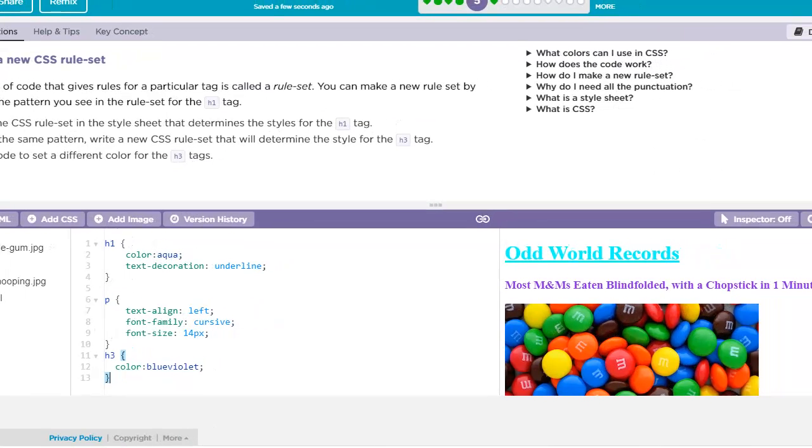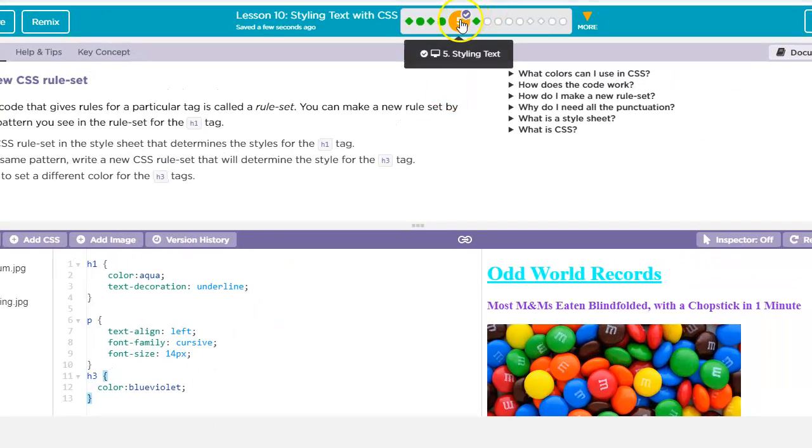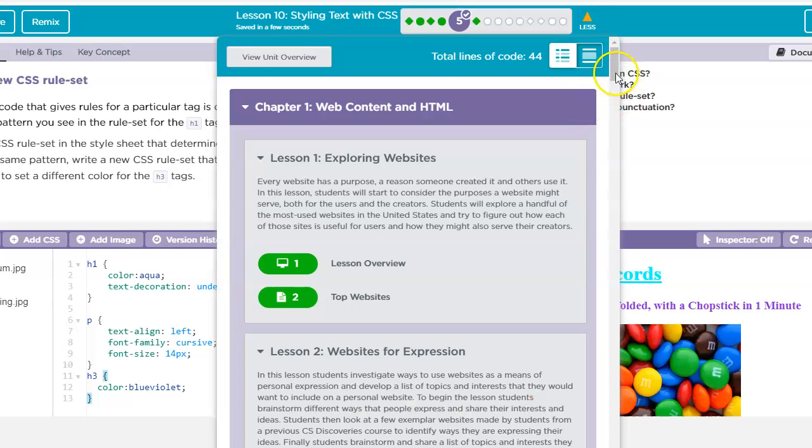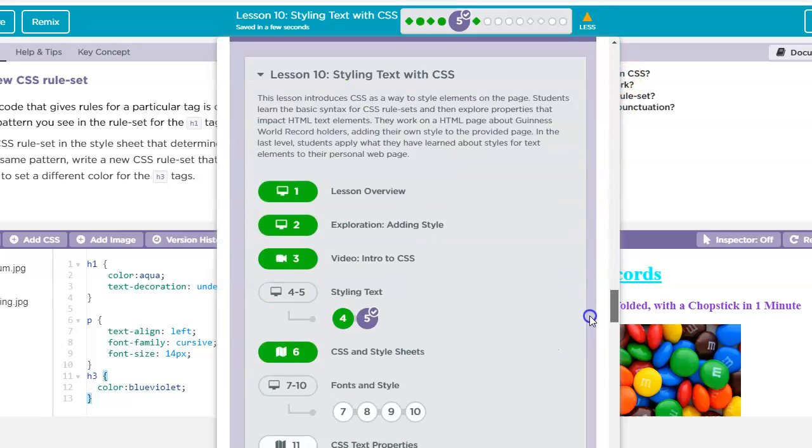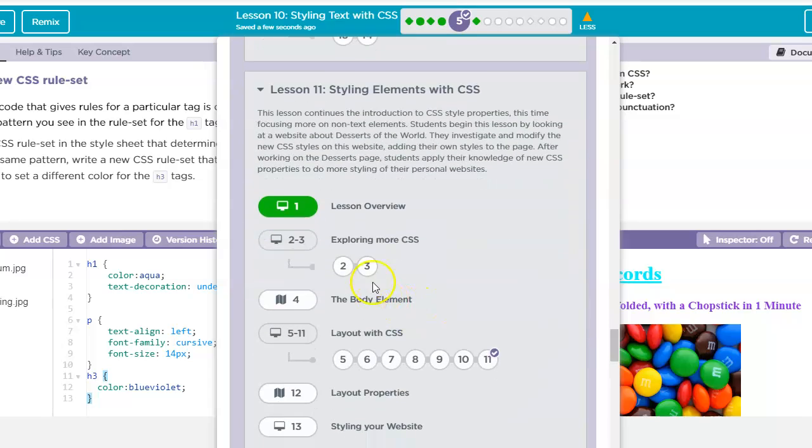I hope that helps because the ones that are purple at the top, those are the ones that also get checked. So each one of these little circles is an actual thing that he has to do. The diamonds are videos and lessons. And then the very end where it says styling your website is where he adds to his website. So I think he's done up through lesson 10, but then he would go to, when you get to lesson 11,